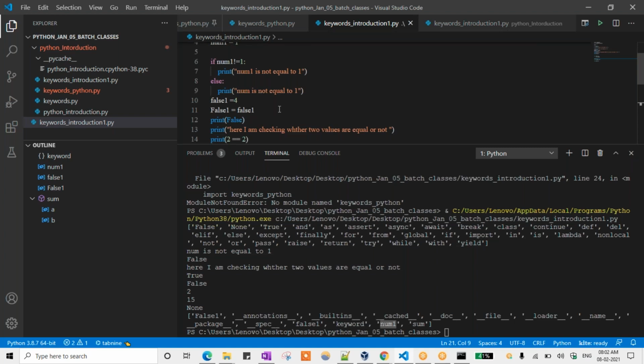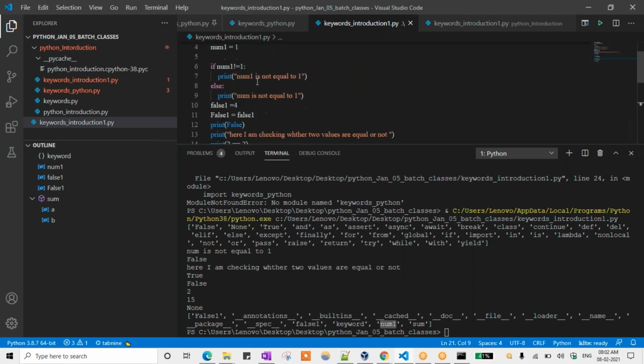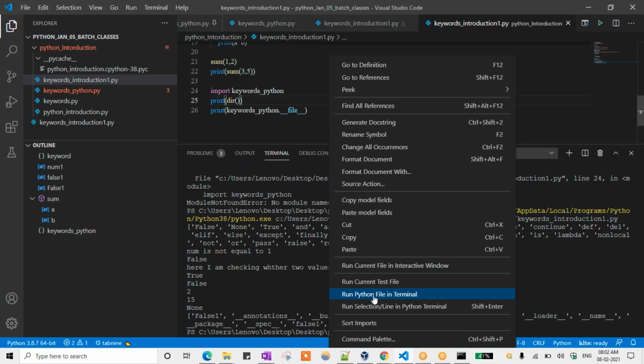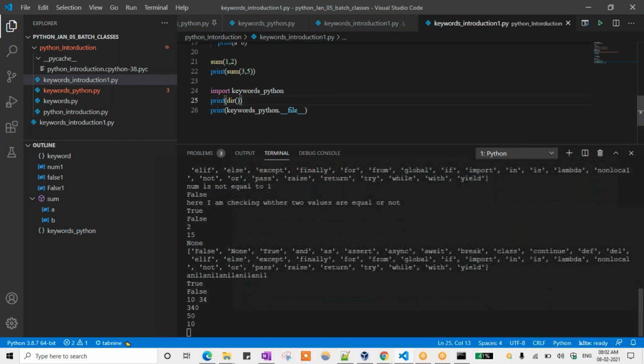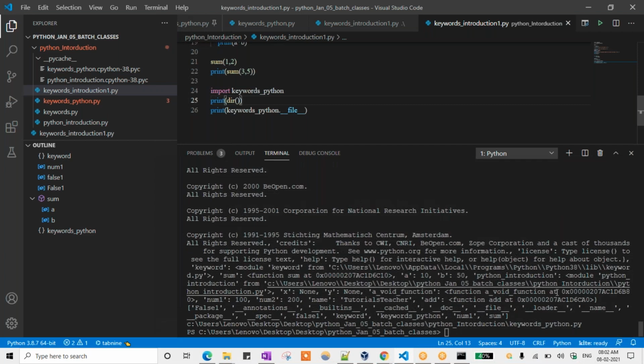So here something is there. I can access any element, like underscore, I need to find the file name. Okay, I can print that file name. You can check it out. So see here, that is the file name it is printing now. After the keywords, it is printing all the things. After that, you are seeing that file name also.